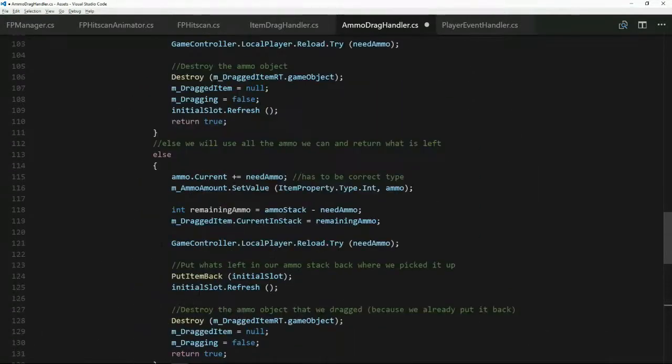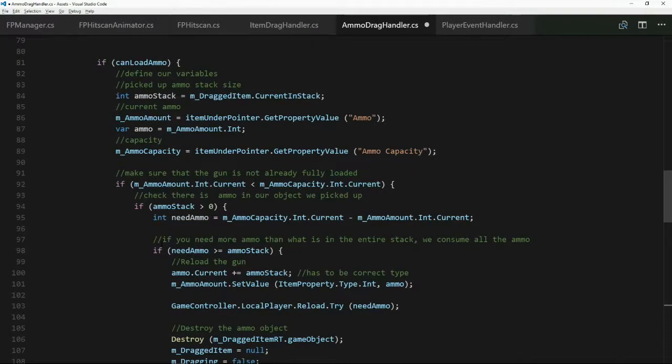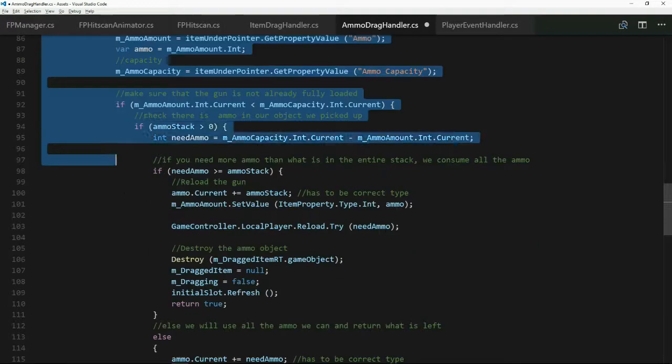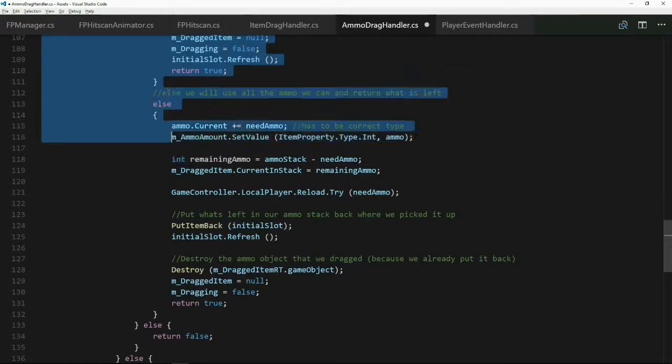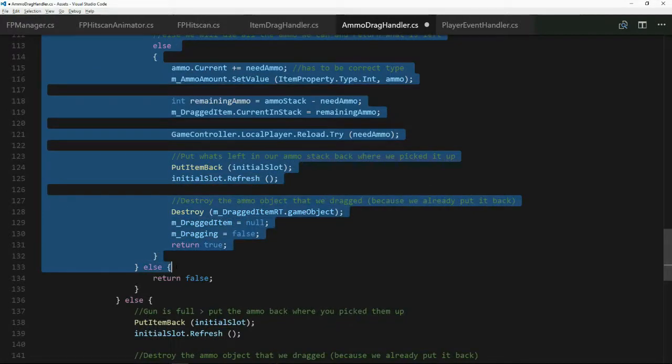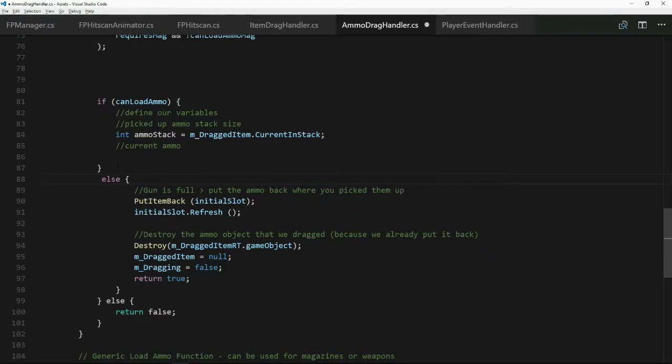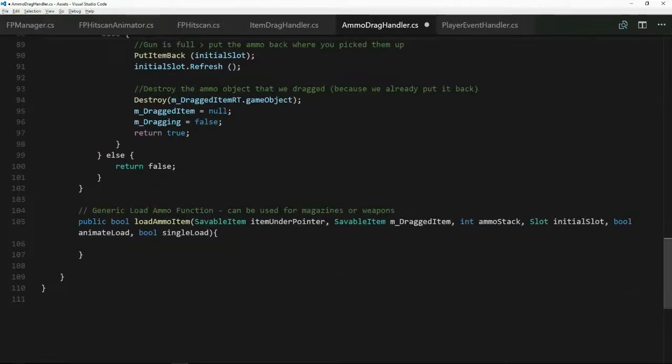Alright, now we're going to go up here, we're going to start chopping up bits of code. Grab from the ammo amount down, past this else statement, past this other else statement, and grab that. Okay, so cut that out, and this, now you belong here. We're going to worry about all this stuff in a moment. And now go down into our new public bool, paste that in,